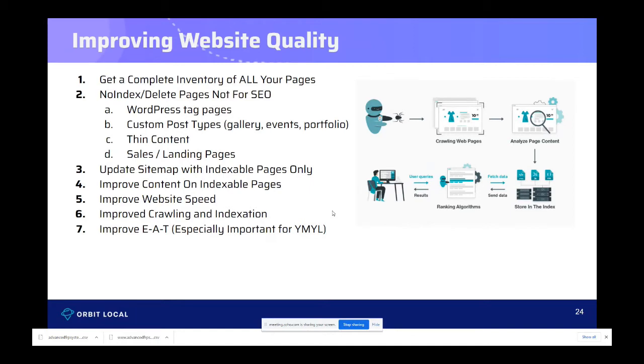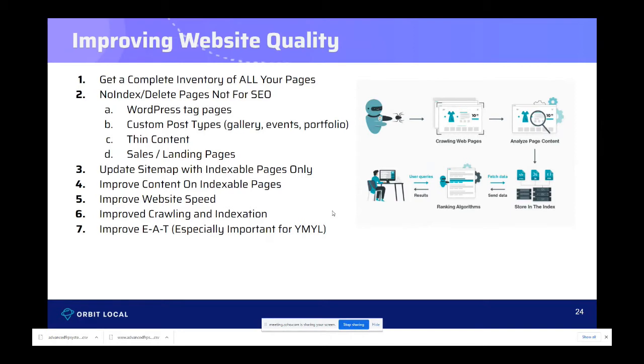If I have WordPress tag pages, those rarely rank in Google. In most cases, I'll say 99% of cases, you don't need those pages in WordPress in Google. You don't need your custom post types. I've seen thousands of portfolio entries that got a plugin and went crazy and just created all these pages. And then that results in a bunch of thin content pages, and Google's looking at your site as a whole